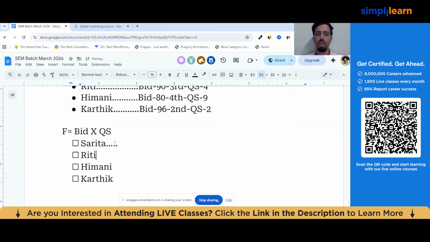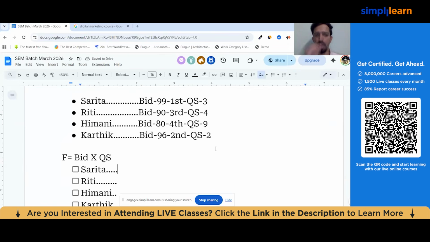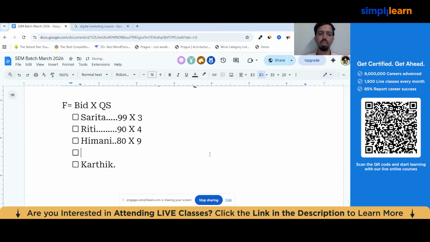The numbers go in this particular format. Sarita's bid is 99 into 3. Next Riti, 90 into 4. Next, 80 into 9. Next Karthik,